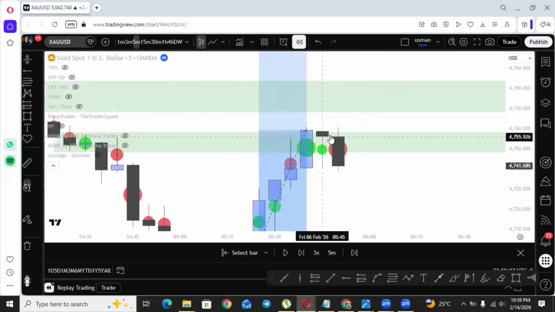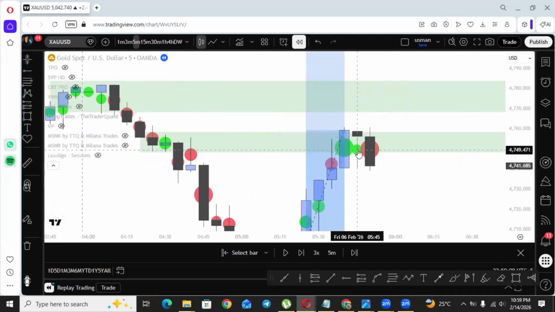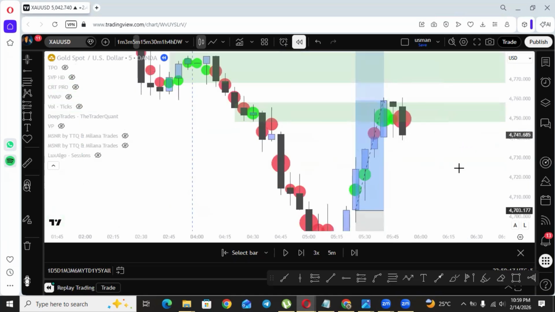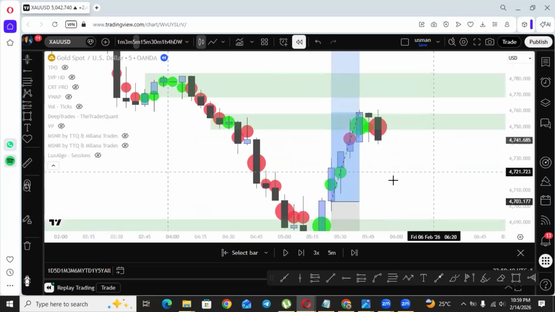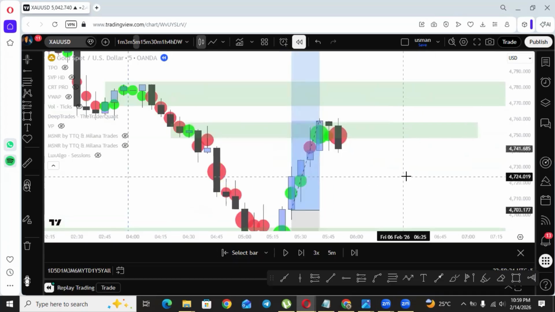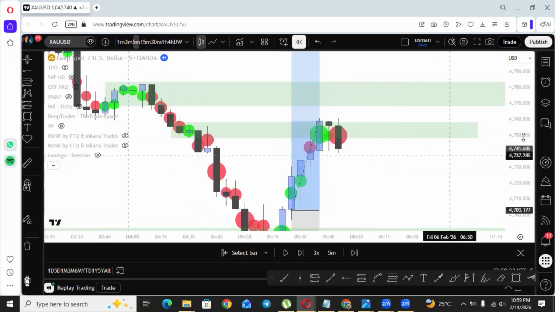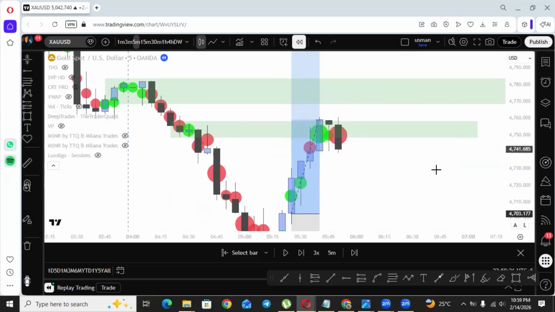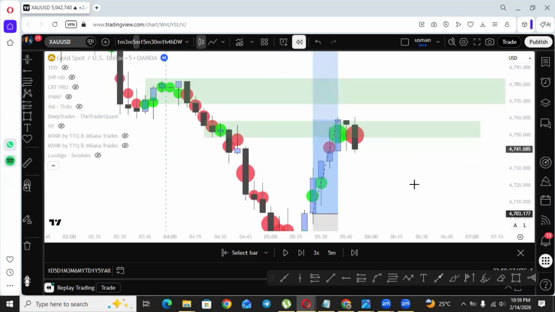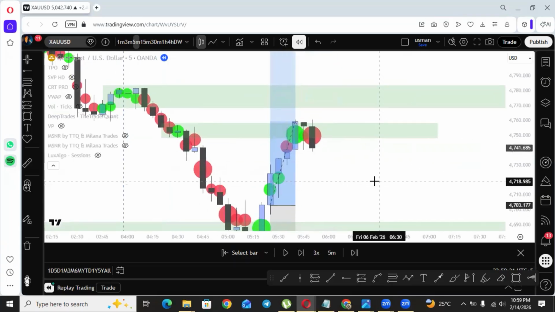Market is closing the sell candle. We are getting buyers' aggression in the sell candle. Sellers are trying to push the market down. Buyers are trying to push the market up. There is a war happening between them. So if there is a war happening between buyers and sellers, you need to wait for either buyers to win the war or sellers to win the war. Then you will celebrate with them by entering in the market.